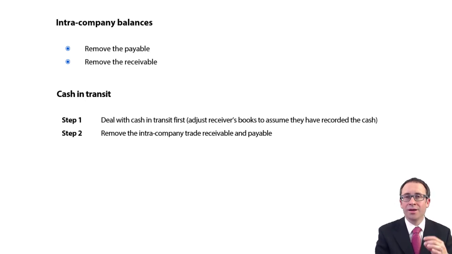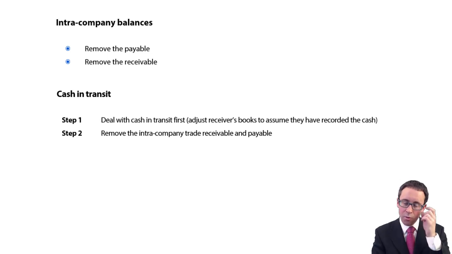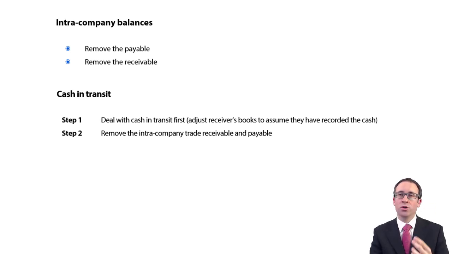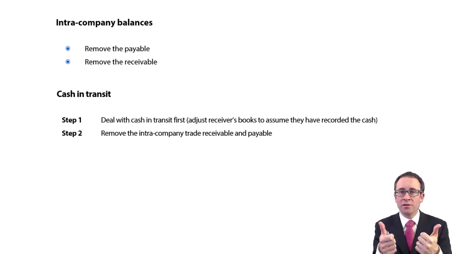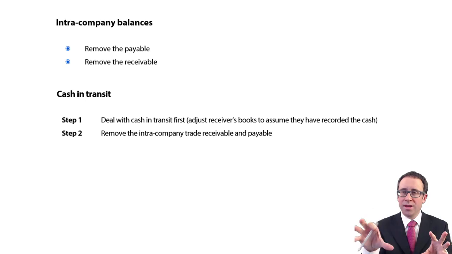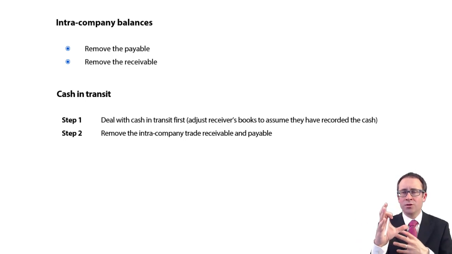So going back there to the framework. The first one that we look at is your intra-company balances. So it could be that P and S trade with each other, and when they trade with each other, they buy and sell goods on credit. So there could be a receivable in one set of books and a payable in the other set of books. Now legally, P and S have a receivable and a payable. So they exist legally within P's books and within S's books. But in the group accounts, when we bring it in as one entity,